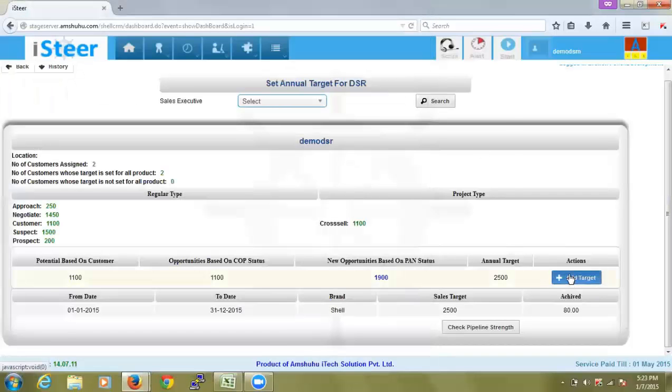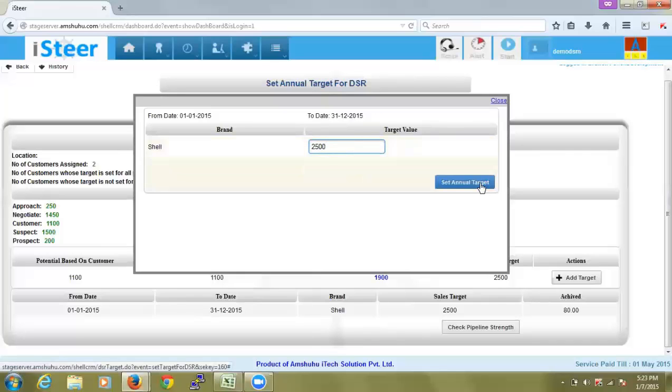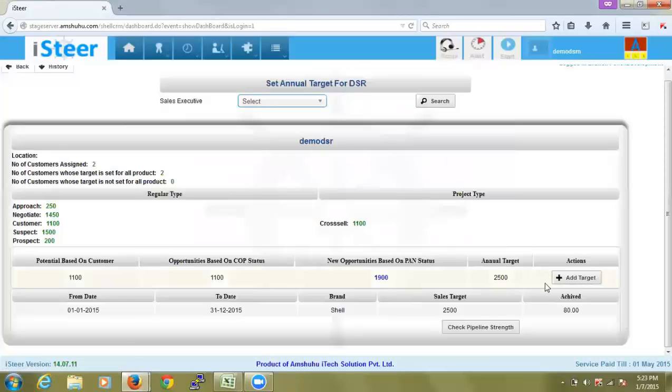You can click on add target to set the target for this particular representative. If the representative is handling multiple brands, then you would have multiple line items here. Here we've just had this DSR handling Shell, so it is only Shell and then the target value. Otherwise it would be a couple of line items, one for each brand. You can edit or you can set the target. This asks for confirmation if you're sure to add the target. Once you add the target,